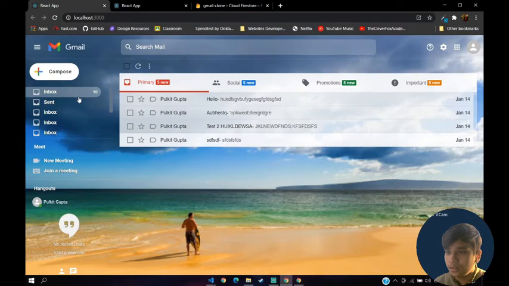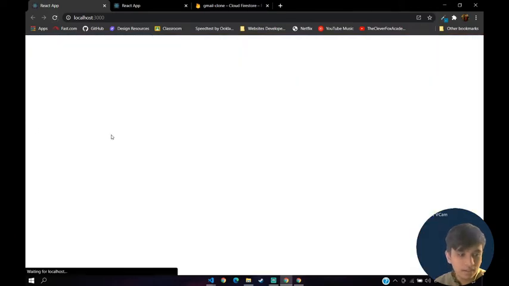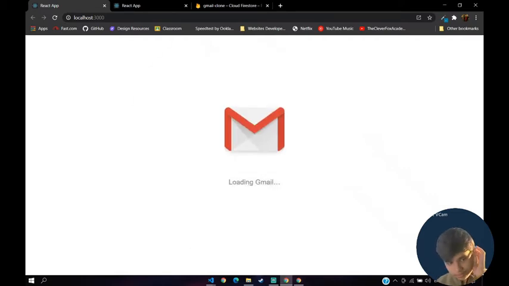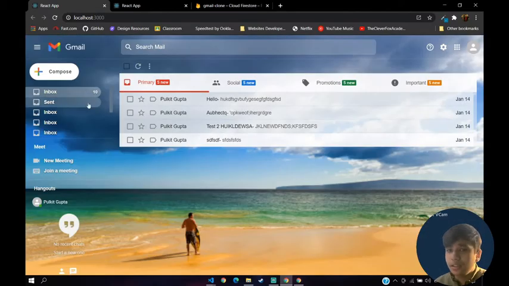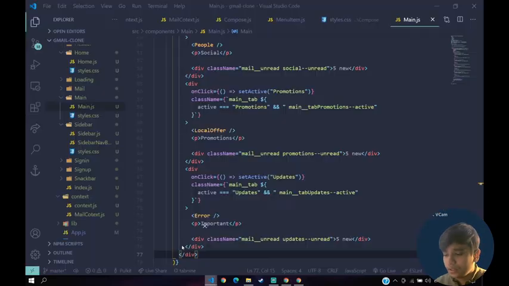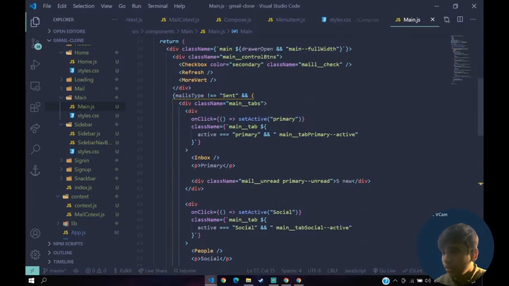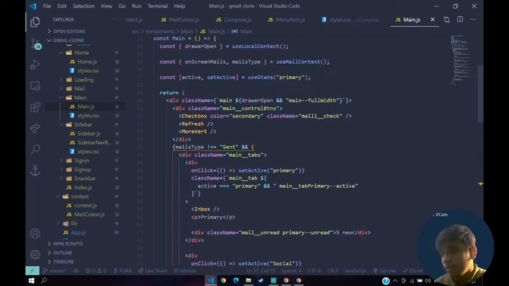Inbox, send. Okay, it does not work, so actually let's refresh once for a second. We get this, fine. Okay, let's click on send. Okay, it does not work. So what is the issue? If mails type is not equal to sent, then only render this; if it equals sent, then you don't have to render this, right?